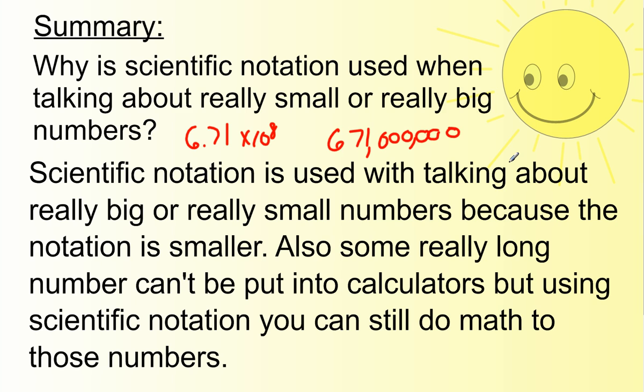The other issue is that some really long numbers can't be put into calculators, but using scientific notation, you can still do the math. So you can still multiply, you can still divide, and there are even operations with addition and subtraction to a degree, but we're not getting into that in this lesson. Okay? So these are why scientific notation might be